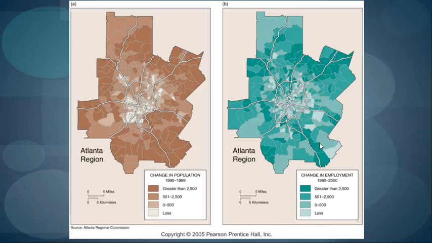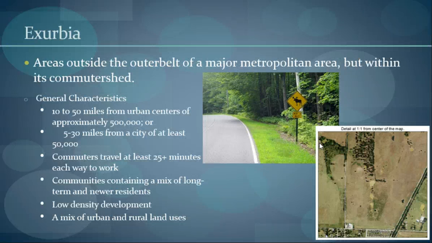And less money means out. And so we're really talking about our beginning conversation about urban sprawl. All right, then we have exurbia. These are the areas outside the major metropolitan area, but they're still within the commuter shed, which means that people